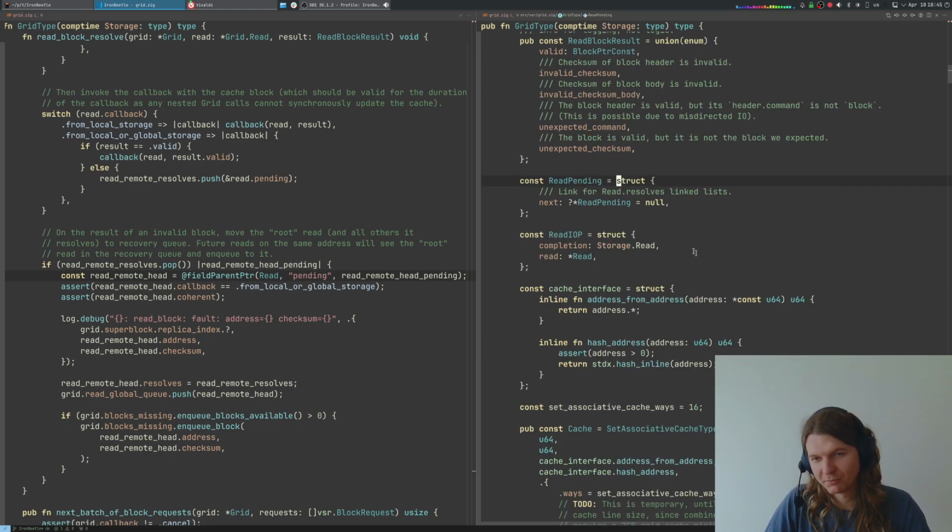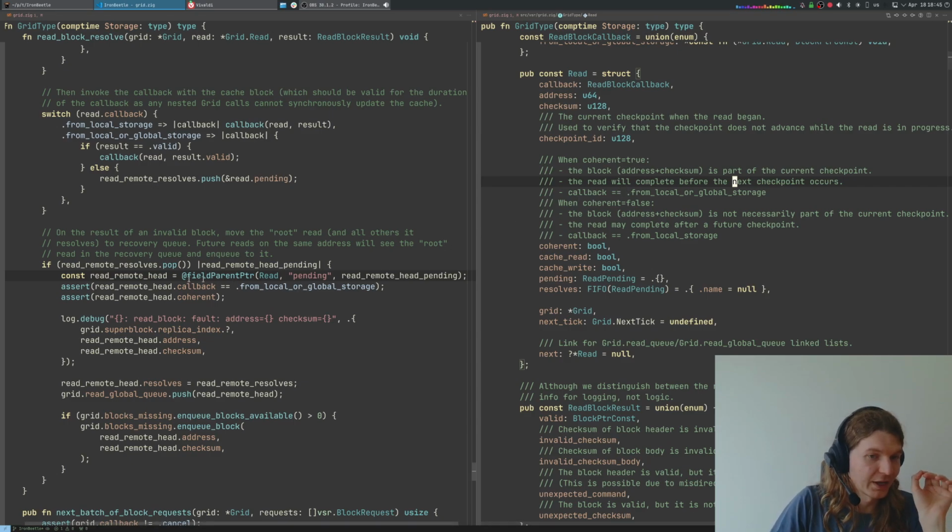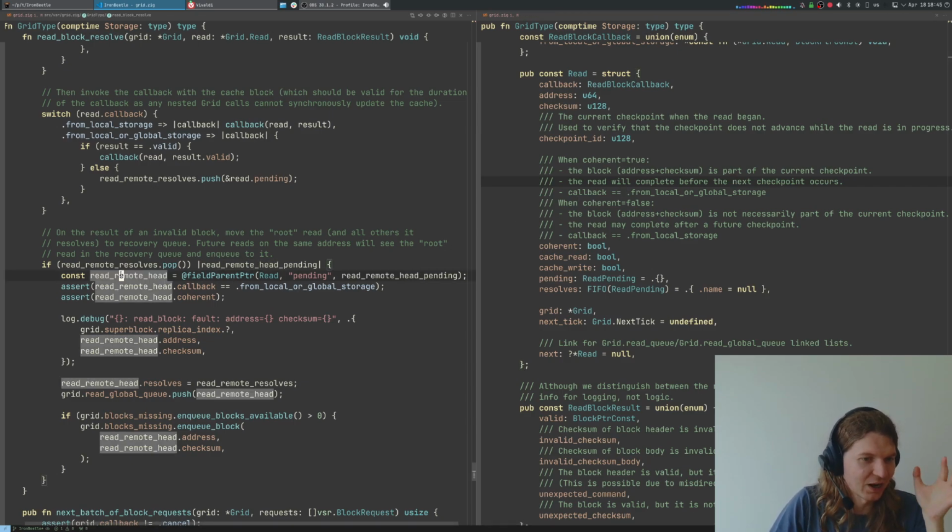One is in the read pending, and read pending is just a linked list. So again, this is not something related to the database, it's just something related to systems programming and intrusive collections. Okay, anyway, kind of like we got our